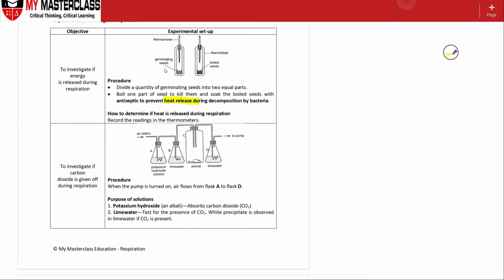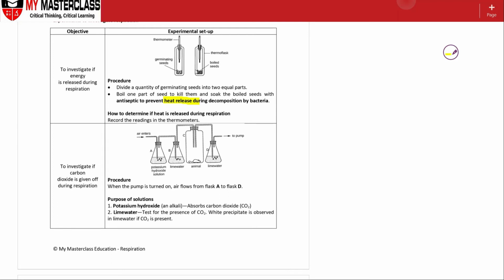Okay, so when heat is being released, you will see an increase in temperature, and that's when germination takes place. Once you have the first green leaf that sprouts up, photosynthesis can take over. However, in boiled seeds, the enzymes inside them, which are responsible for converting the sugars into glucose, are no longer present because they have denatured. Therefore, there will not be any respiration able to take place